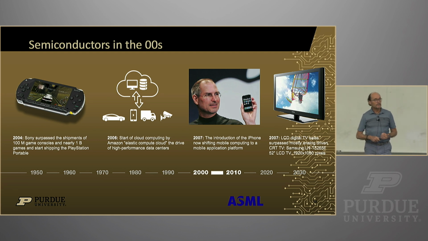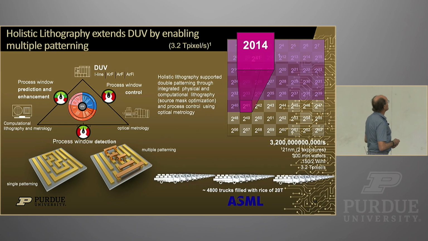So now we got the iPhone, we got flat panel TVs, we got Game Boys and consoles, and we were still not done. So then we said, well, if we introduce a concept called holistic lithography, I'm going to measure from every wafer that comes out of the machine. I'm immediately going to put it into a measurement piece of equipment. I'm going to see what I really get. And if there's a small deviation, then I know how to adjust the schedule for the next wafer. So metrology and equipment creates control loops.